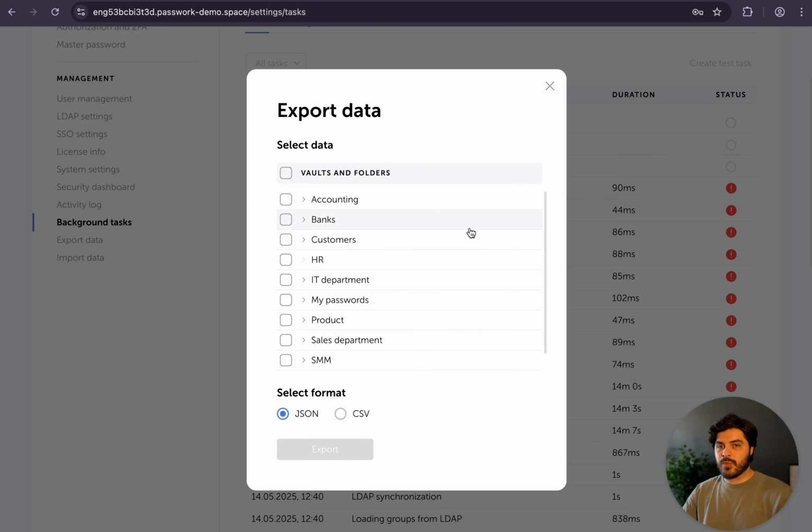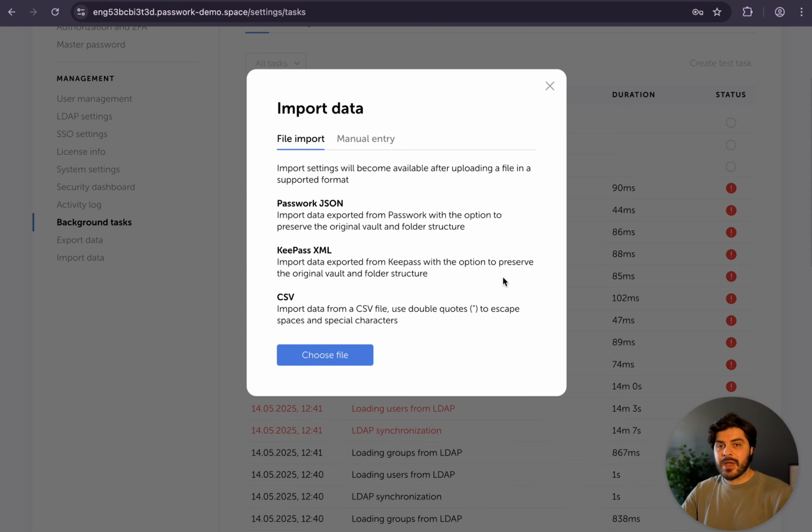Passwork lets you export data in the CSV or JSON file formats. JSON format preserves the entire structure of vaults and folders, while CSV stores raw data as plain text. In this window, you can import passwords into Passwork from JSON, KeePassXML, or CSV files directly into the desired vault,